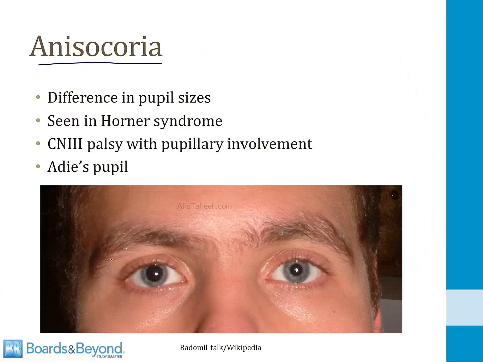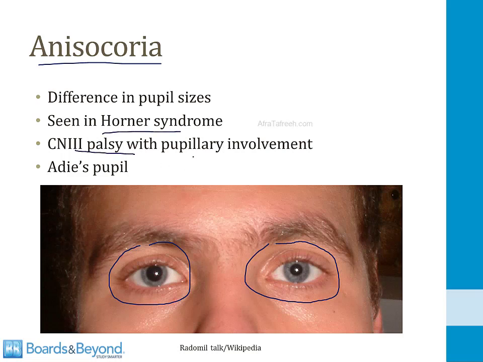of the pupils. If you look at this picture on the screen, this man has a large pupil on one side and a small pupil on the other. That is anisocoria. This can be seen in Horner syndrome. It can also be seen in cranial nerve 3 palsy with pupillary involvement. You can also see it in Adie's pupil. Depending on the cause, either the large or small pupil may be the abnormal one. So in Horner syndrome, the small pupil is the one that is abnormal. In a patient who has a cranial nerve 3 palsy or Adie's pupil, it is the large pupil that is